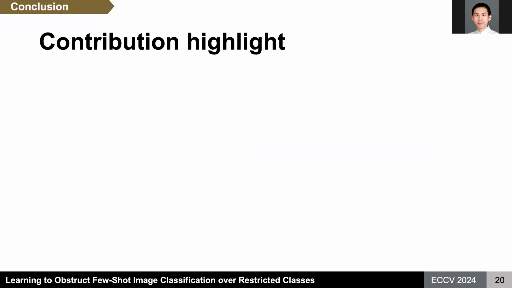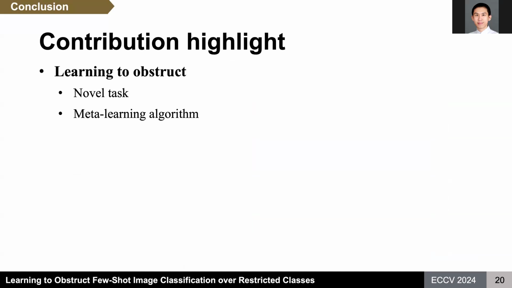In summary, we propose and solve this novel task of learning to obstruct. Empirically, LTO successfully obstructs 4 few-shot classification methods over image classification and attribute learnings. LTO presents a method for making pre-trained models more difficult to be fine-tuned on certain tasks. This mitigates the risk of misuse for released models on known harmful applications, while maintaining the open source culture of the computer vision community. We believe that LTO represents a promising step towards this goal.